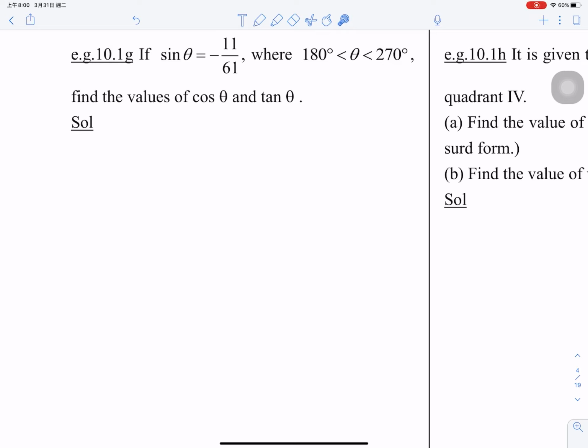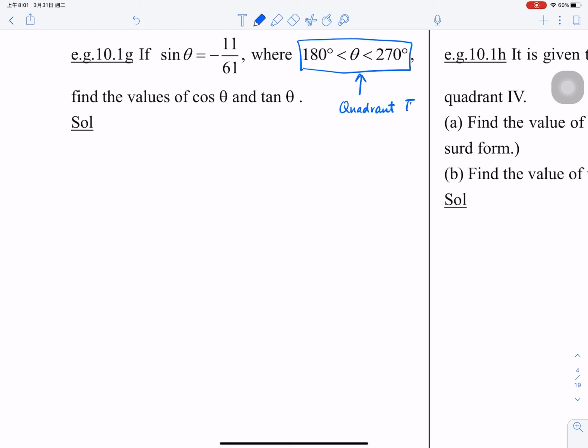10.1g. Let's have a look. In this question, we started to look at different trigonometric functions, ratios, and relations. Here we have a sine function and are asked to find the values of cosine and tangent theta, and we are told which quadrant theta lies in. So which quadrant does theta lie in? Yeah, it is quadrant